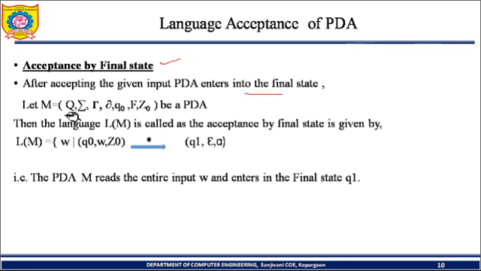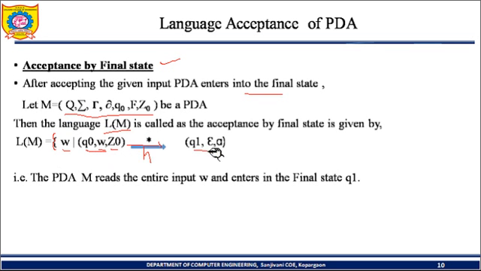Let M be the PDA, the machine which will represent the PDA for the given language, which is shown with the help of a total 7 tuple: capital Q, sigma, gamma, delta, Q0, F and Z0. Then the language L of M, the language which will be accepted by the machine M, is called acceptance by final state, which is given as L(M) equal to curly bracket W, where W is some word which belongs to the given language, such that from current state Q0, word is W, Z0 is the initial stack symbol, by processing, star indicates processing it by using the machine M,